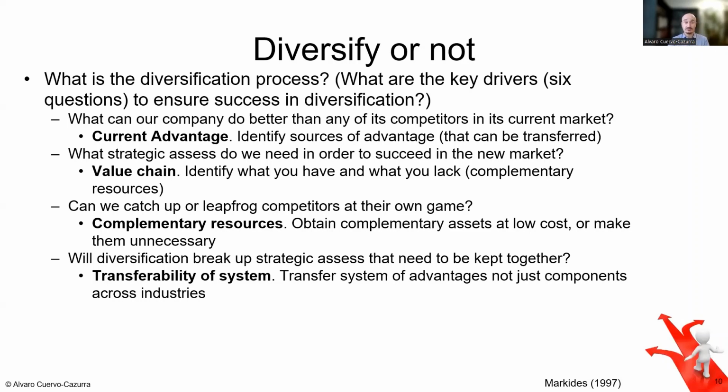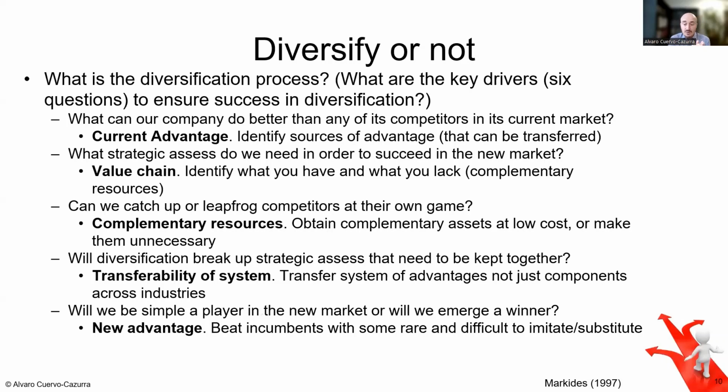Because the question is, yes, I can always build another company. If I'm a serial entrepreneur, I can build several companies. What do I add to those companies that basically makes them better because they are together with the same parent firm? This is a story of transferring advantages within the system. And then finally, the idea is, well, that is going to be great. Can I improve there? Can I be better? And then maybe learn something, bring new resources to operations that I already have, so that the overall advantage is not something that I already transfer, but also something that can be transferred back. And as a result, because I'm diversified, I am so much better than before.